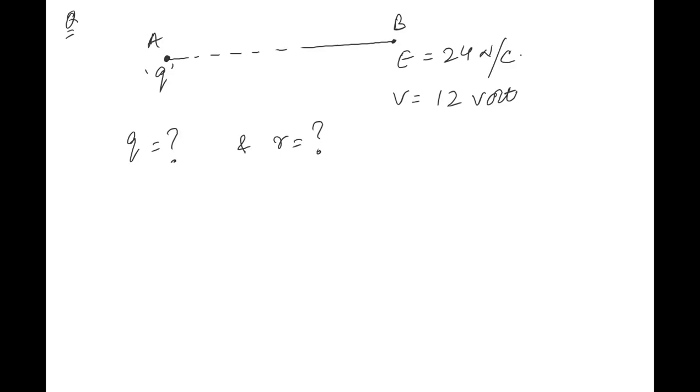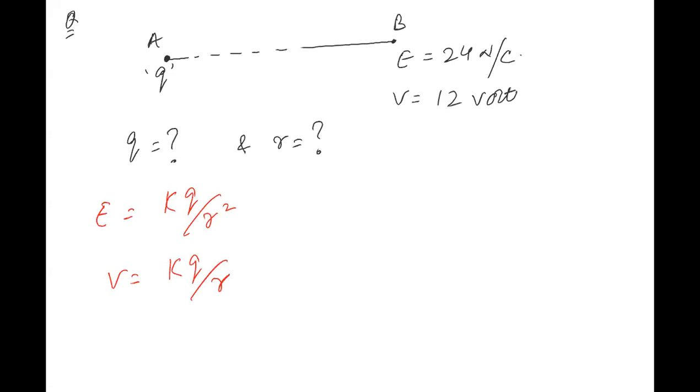So how will you solve? I know the value of electric field at that point and I know the value of potential also at that point. और मुझे ये बताना है कि sir, what is the value of the charge and what is the value of distance at which we are doing this? चलो मिलके करते हैं। देखो पहला पॉइंट तो ये बेटा कि कैन आई राइट इलेक्ट्रिक फील्ड, द फॉर्मूला फॉर इलेक्ट्रिक फील्ड एज के क्यू अपॉन आर स्क्वायर